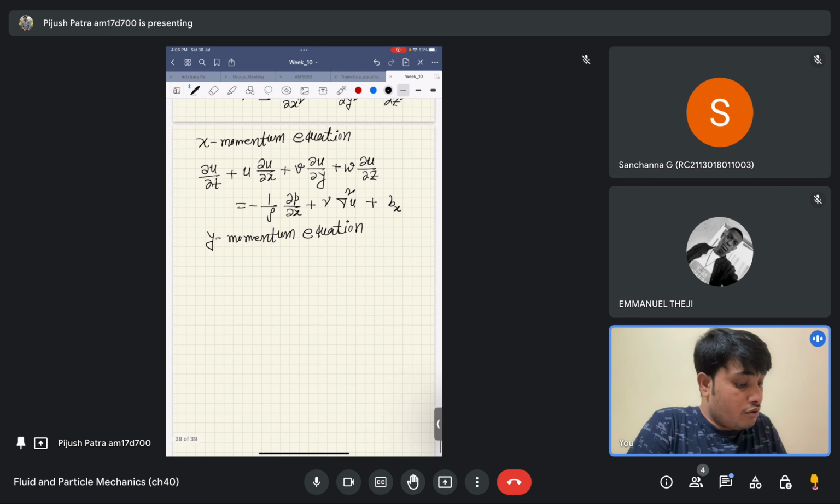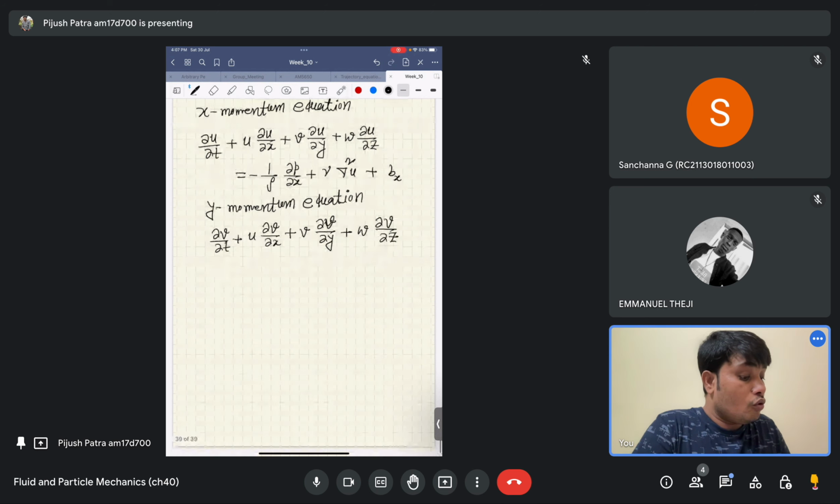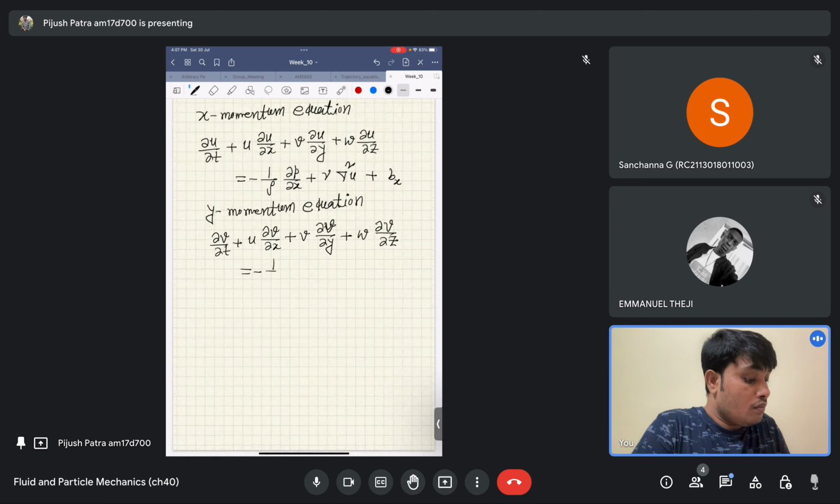The y momentum equation will be ∂v/∂t plus u ∂v/∂x plus v ∂v/∂y plus w ∂v/∂z. What will be the right hand side? Minus 1 by rho ∂p/∂y plus nu Laplacian of v plus by. Okay,